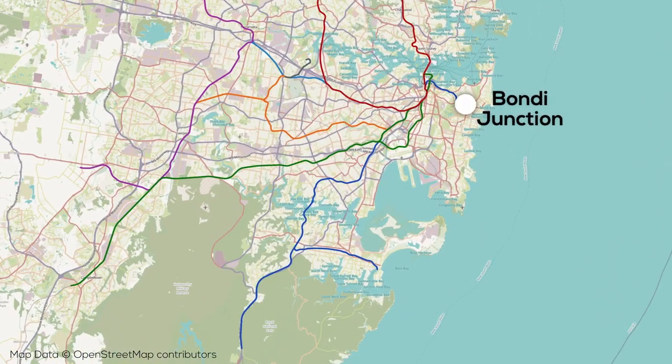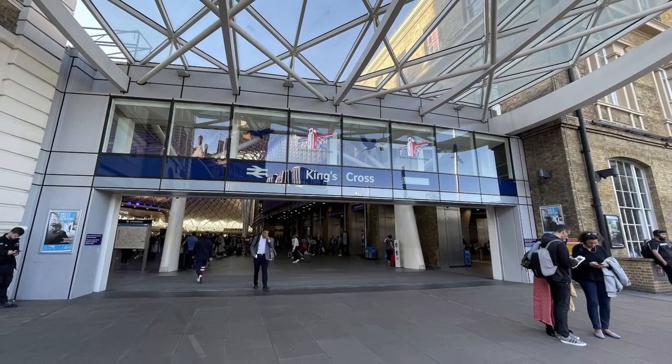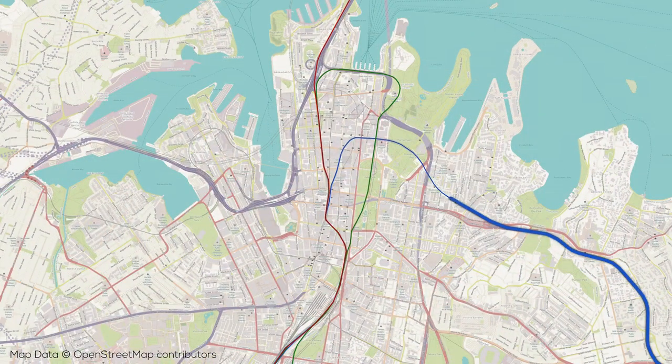This line starts at Bondi Junction, though it was planned to go much further, and might still do so someday. Destinations as far south as Kingsford, which are now served by Sydney's light rail, have been planned in the past. From Bondi Junction, which is about 2.5 kilometers west of the famous beach, the line runs west via King's Cross, but not that King's Cross, to the CBD, where it serves the very nicely named Martin Place Station, which has